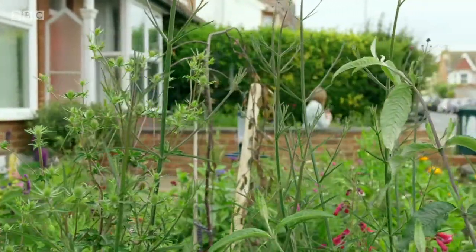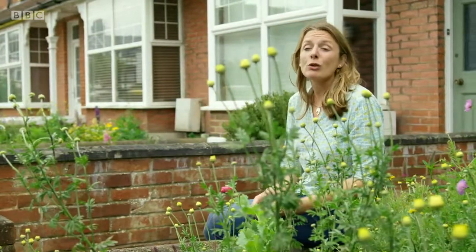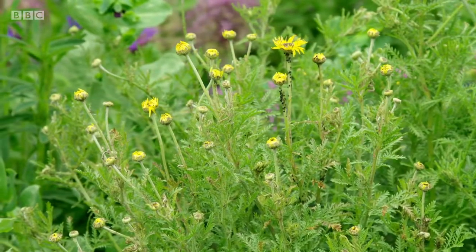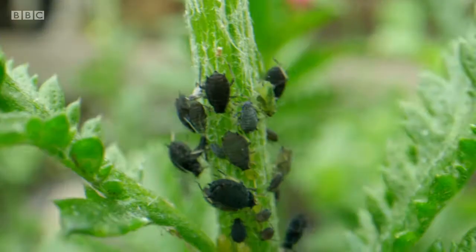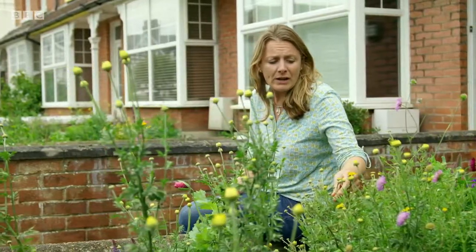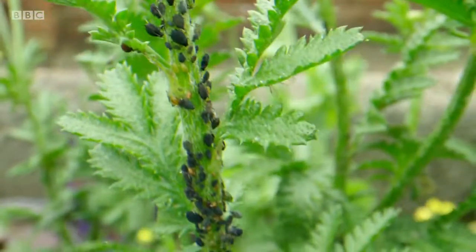So as well as planting things specifically for certain types of wildlife, it's also really important to tolerate the wildlife that comes in that you might not welcome that much. So here I've planted loads of flowering plants for bees, butterflies, hoverflies, moths, but also I've got loads of aphids coming in as well. And some gardeners might remove these aphids even with an organic spray. You know, you might take these aphids off and get rid of them, but I've just left them because house